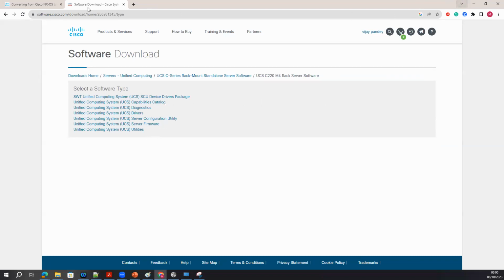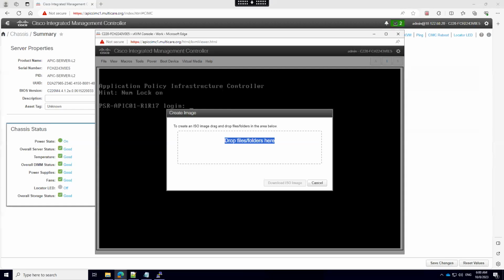So by some other means, we need to put this APIC image in some folder in the device before we can access it. Either you can use the USB, or you can drag and drop from your desktop or laptop, whatever you use. When you use KVM, use the USB for connecting your image upload.